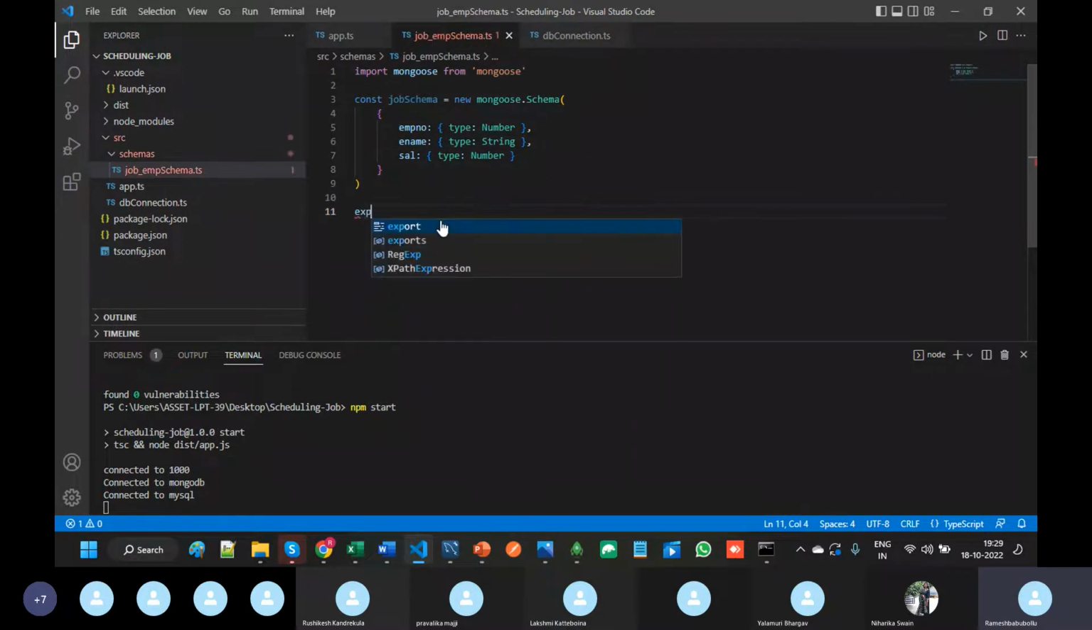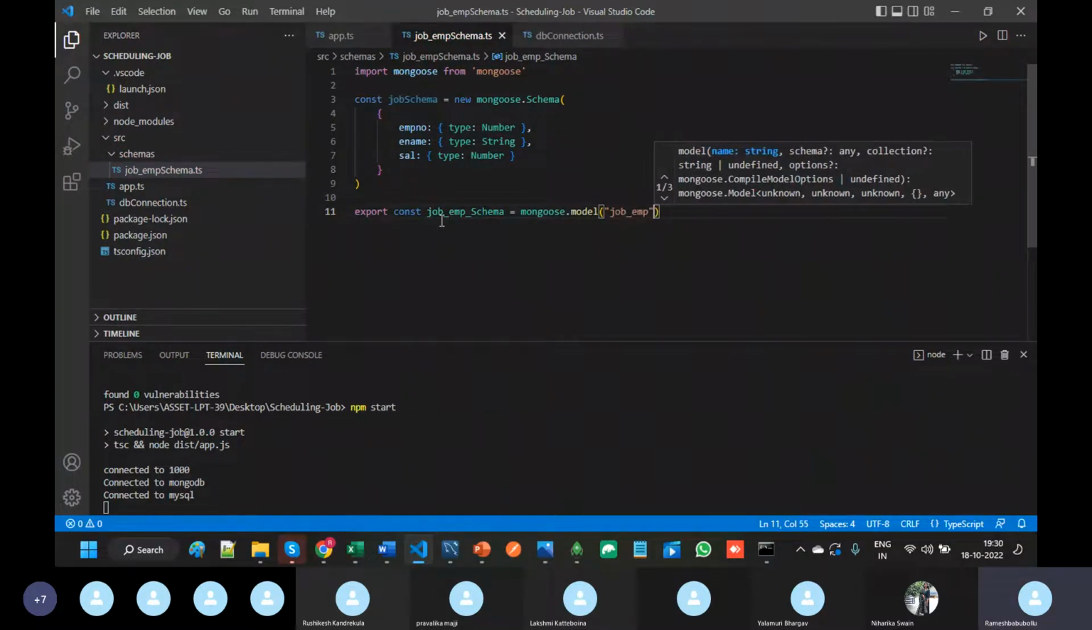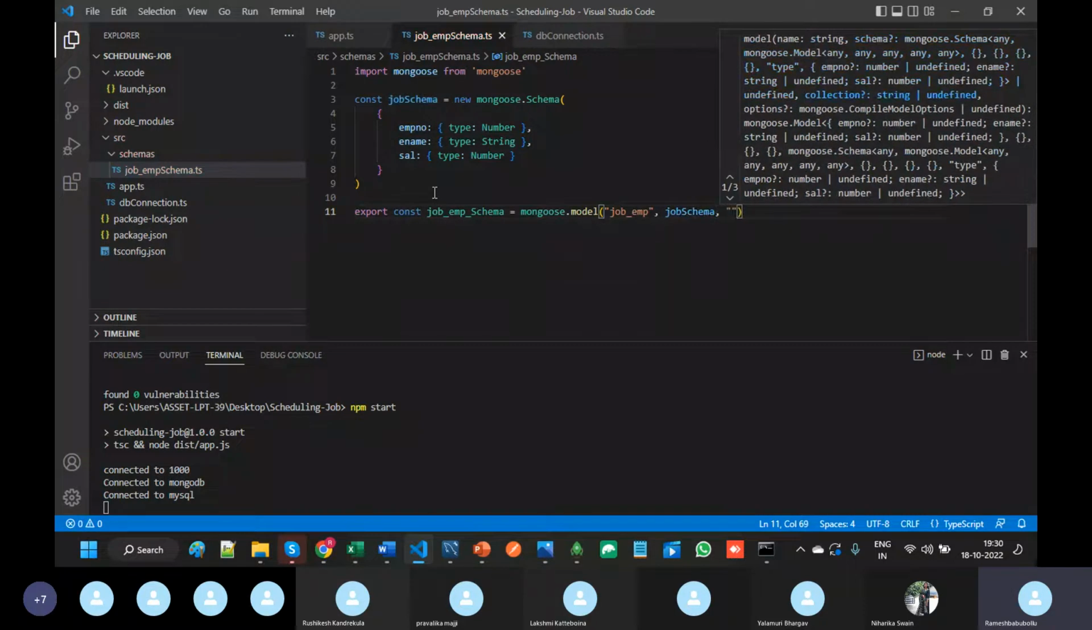And here export constant job underscore emp schema equal to mongoose dot model of job underscore emp. This is the collection name we have to give here, and job schema, and again give the collection name. Okay,